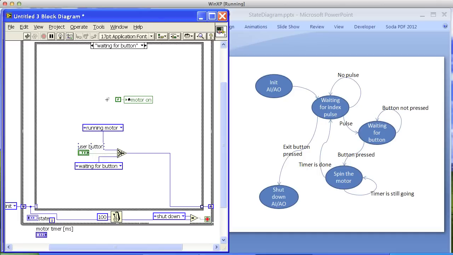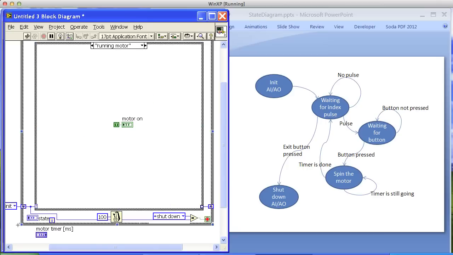So if that was a problem for this particular piece of hardware, whatever this is attached to, then we might need to deal with that. But it's just an indicator, so setting it false every cycle is going to be just fine. So the motor on goes to true, and so what we need to do is we need to start a